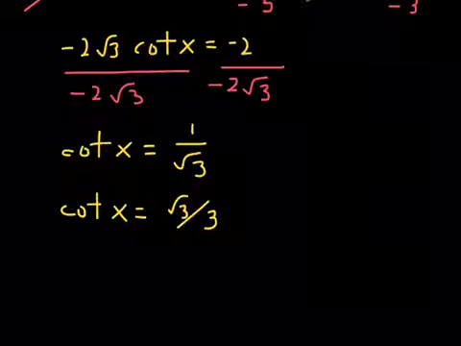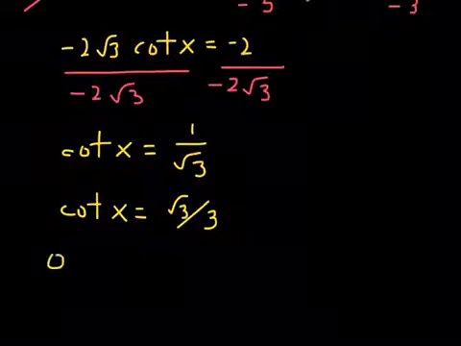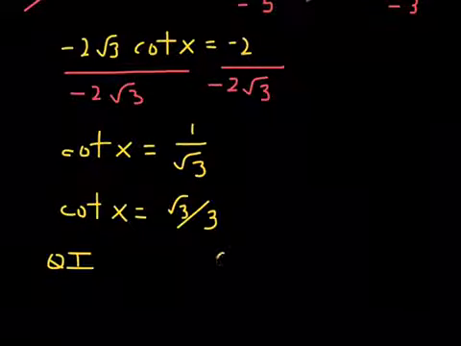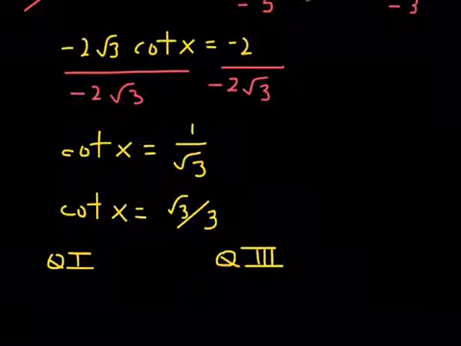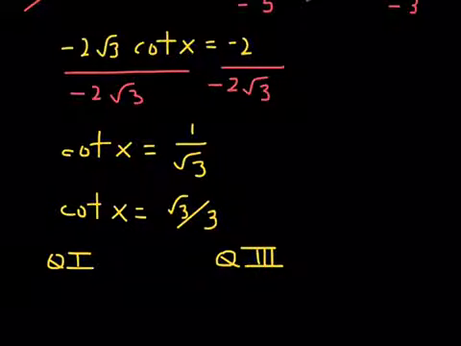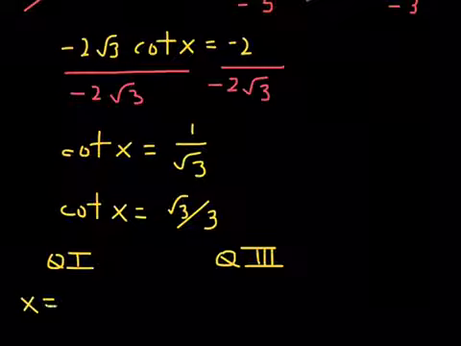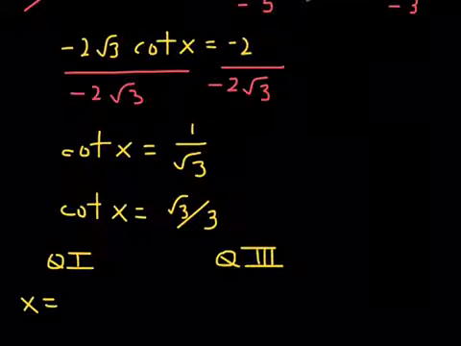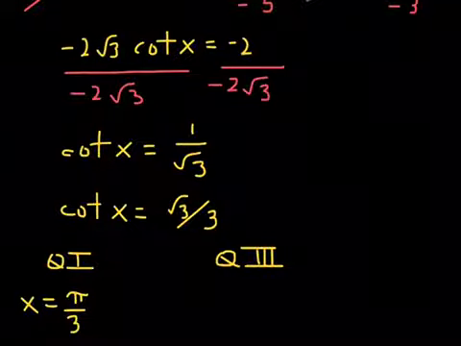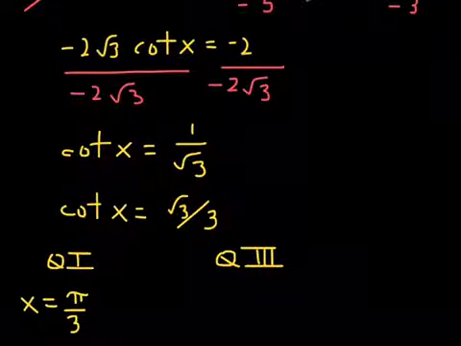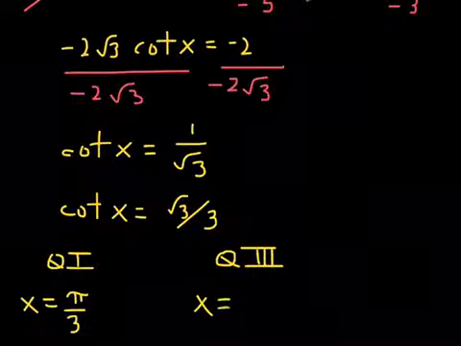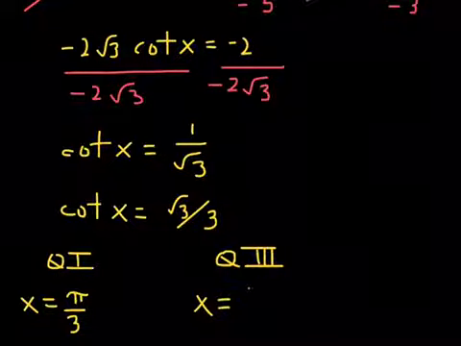cotangent is positive in quadrant 1, and then it's positive in quadrant 3. Stuttered a little bit. And you and I know our unit circle really well. We know that cotangent of x will be root 3 over 3 if x is equal to pi over 3. And that would be your reference angle in quadrant 1. In quadrant 3, now that I know my reference angle is pi over 3, it'll be 4